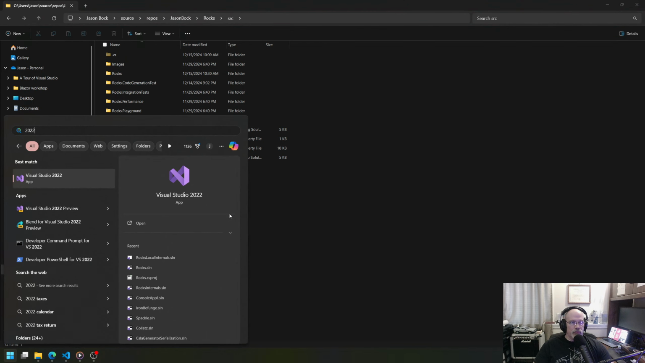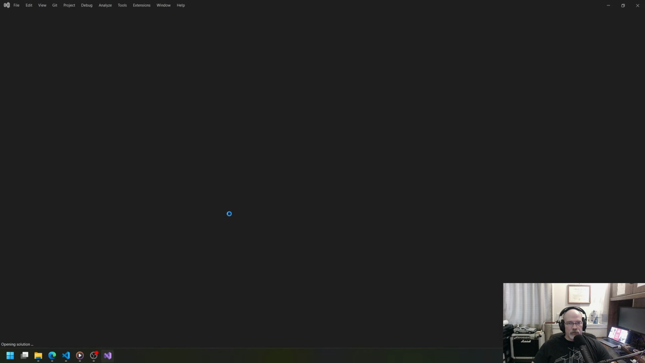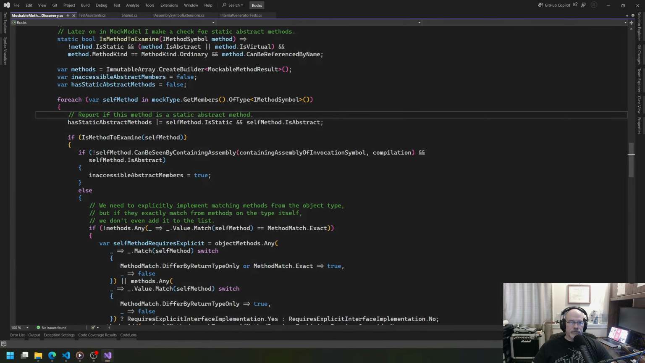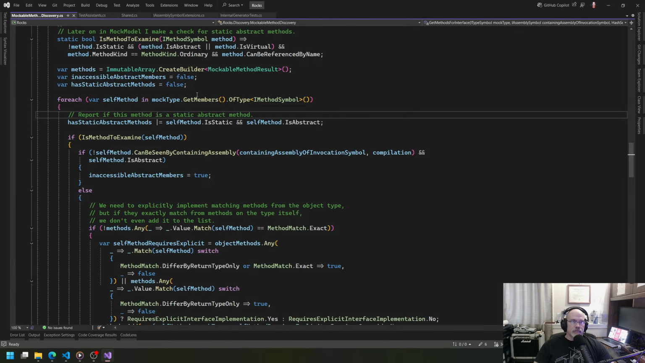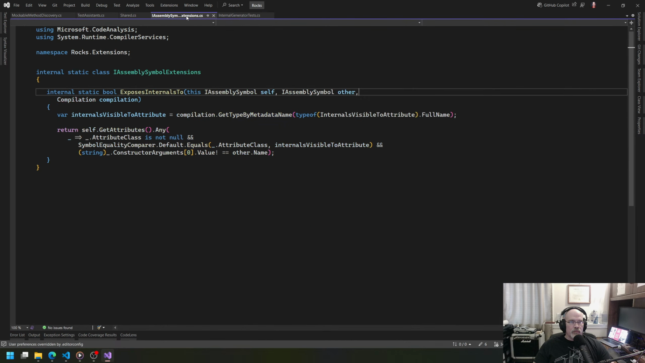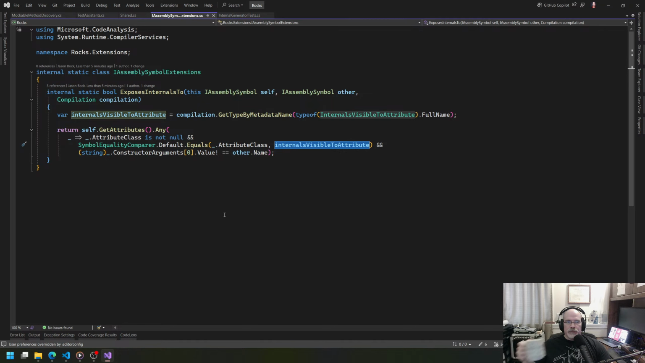So now let's go into Visual Studio with rocks. And again, this was the culprit. This is really what we should have been doing, comparing the attribute class InternalsVisibleTo and then doing this. That was the right thing to do. If I run all my tests now,